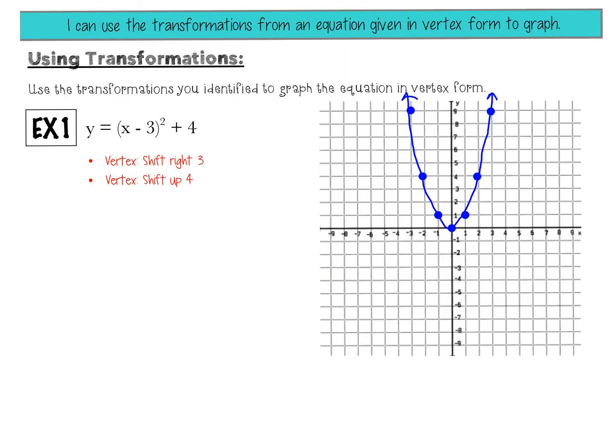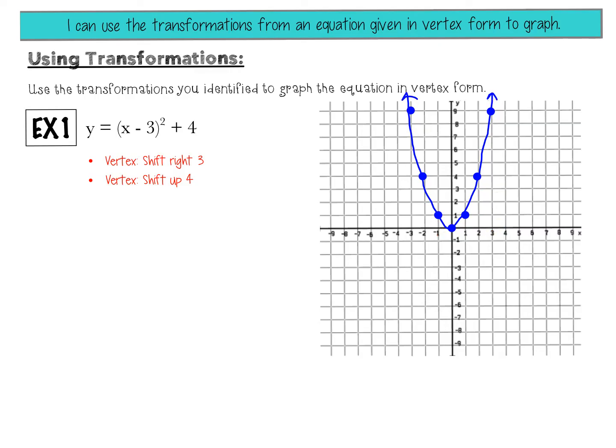All right, so what I've done here is these are the exact examples that we've just worked through. So this is example 1, the first one that I modeled. These were the transformations that we came up with because it's -3, so it shifts right 3 and add 4. So you'll be referencing the 4 examples that we just did. Now we're putting them on a graph. So over here I have just the parent graph. So 0, 0, over 1, up 1, over 2, up 4, over 3, up 9,